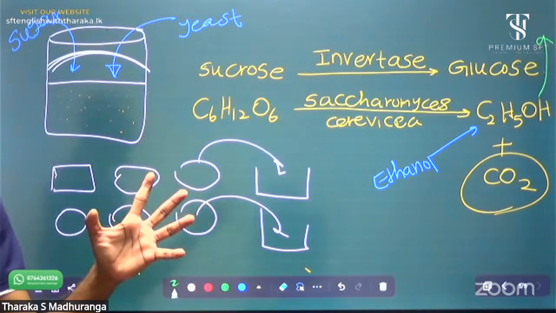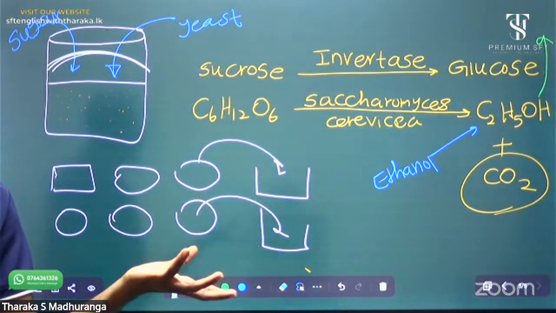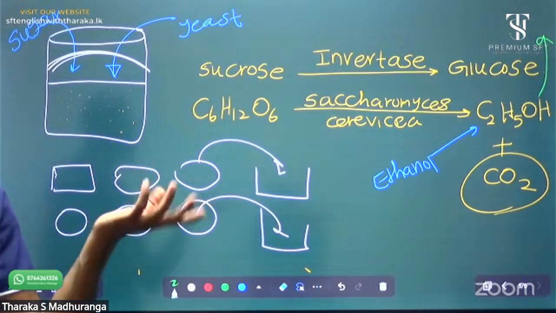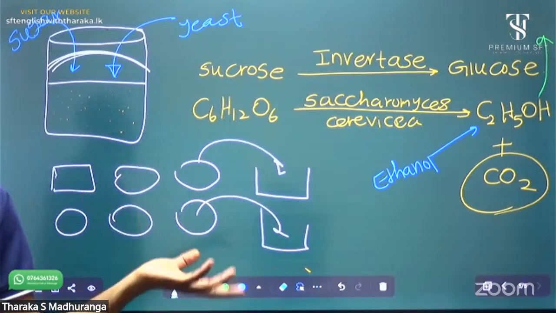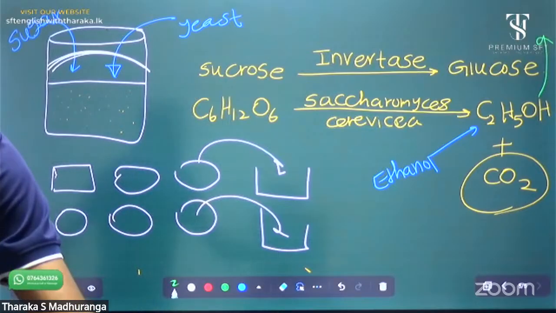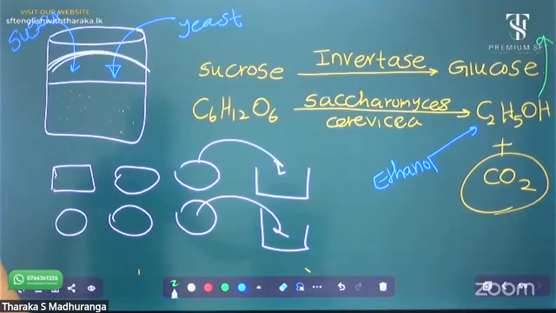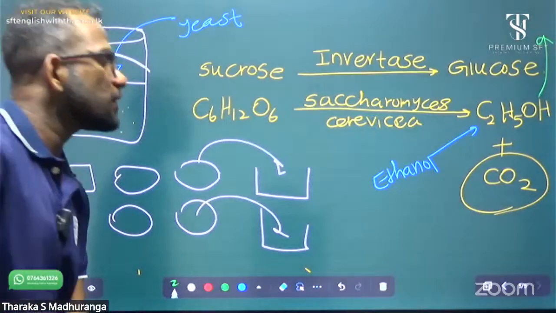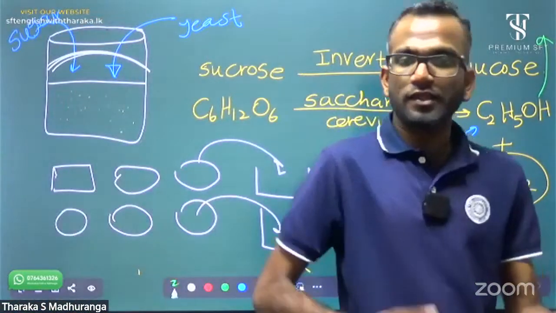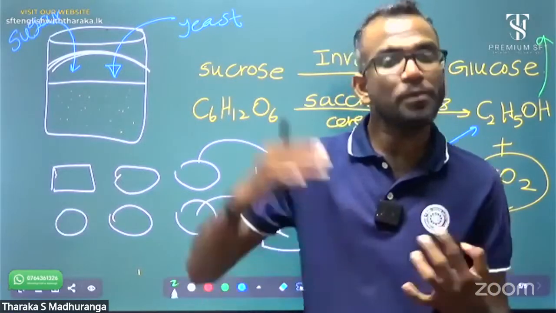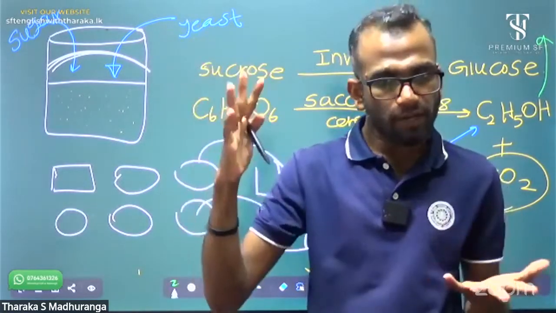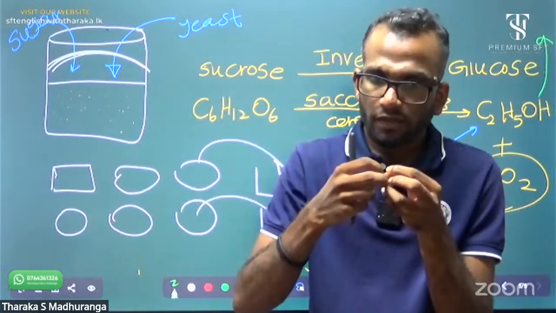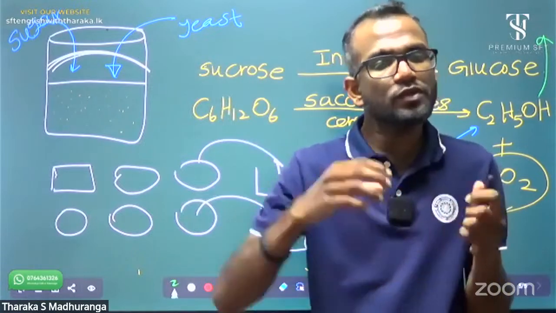Remember step by step. What's the first step? Get wheat flour and add sugar, yeast and water. Make it into a pulp. In the fermentation process, sucrose breaks down into glucose, and glucose is fermented by Saccharomyces cerevisiae, producing ethanol plus carbon dioxide. In the heating process, this ethanol vaporizes and carbon dioxide expands. Due to this expansion,